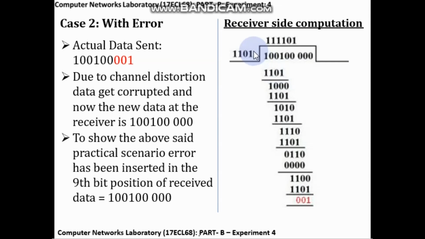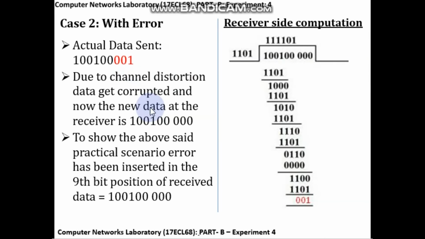And the whole process is similar to the previous case: divisor, dividend, and there is an XOR operation between the bits, and the process is the same as we have done in the previous case, and there will be a remainder which will tell that data is corrupted and it will be rejected.